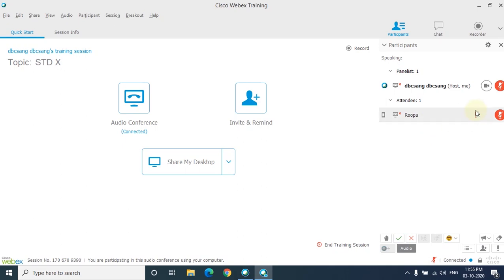Now you could see one exclamation mark over here. This exclamation mark along with the participant's name indicates that that particular child is not in the WebEx screen, either on his monitor or on his laptop or on his mobile. That means the child is out of the class. Means his control is not on the WebEx screen, but maybe he is working on some other application. So when you see participants with this exclamatory mark, we can very well know that these children are not listening to the classes. Okay, this is a very good advantage of having WebEx. We can have control of the class.